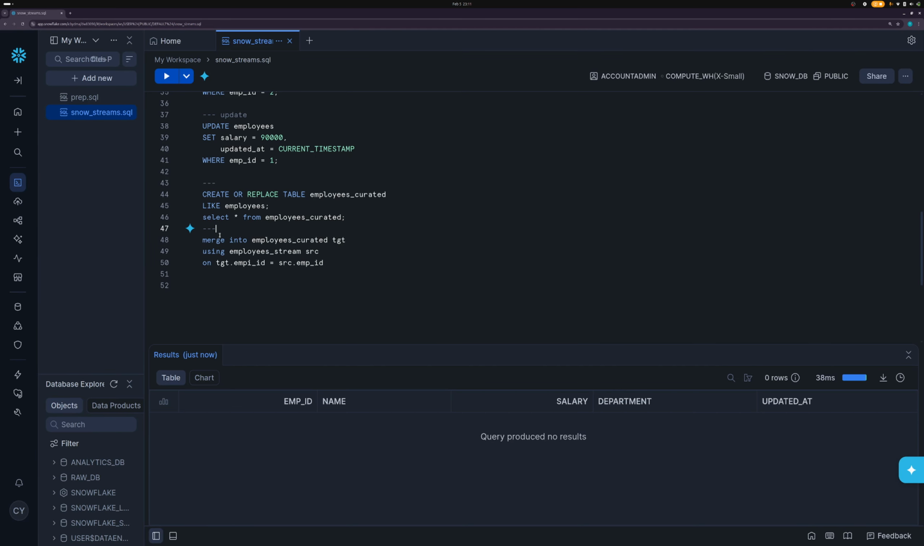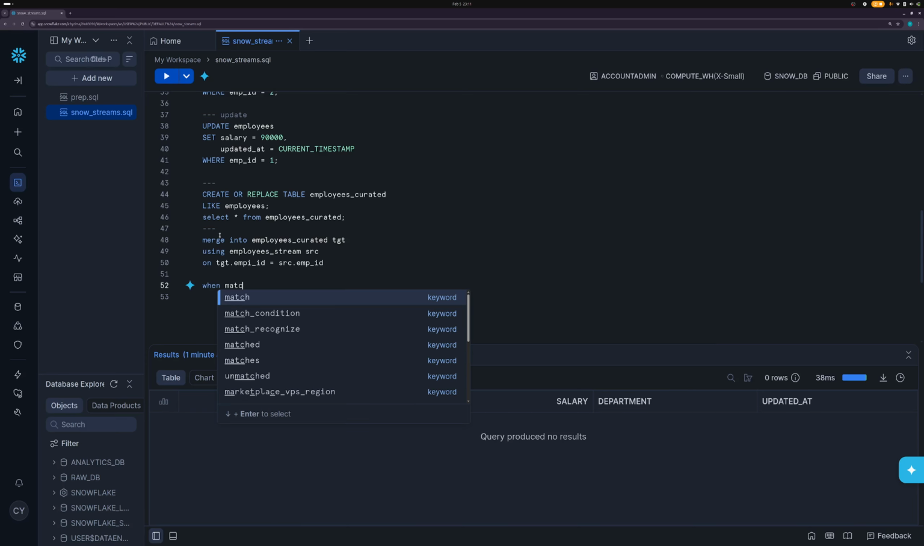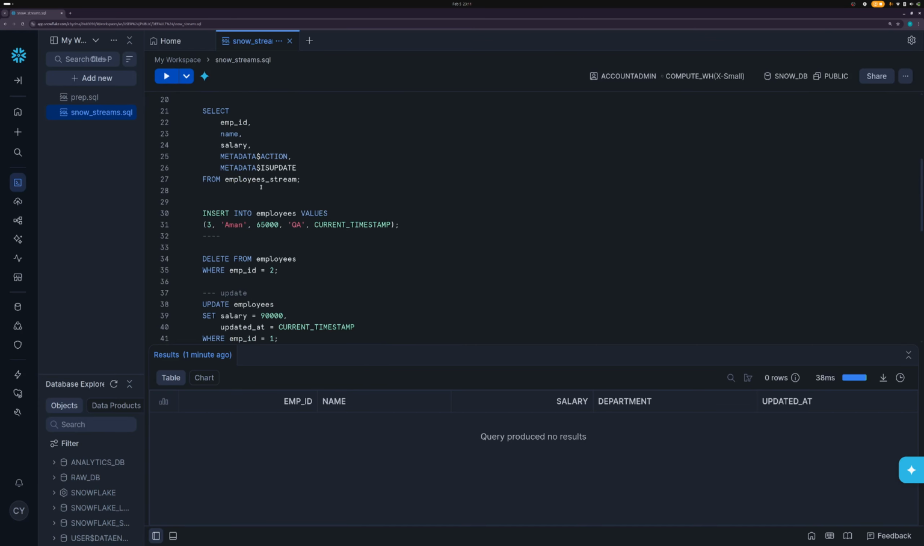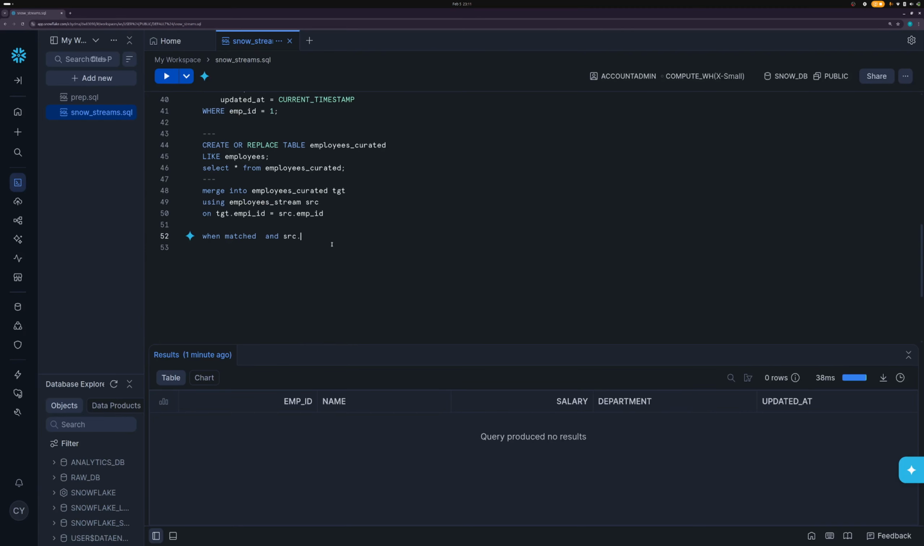Now I just created a relation there using join. What do I want to achieve here? Then I will write when matched: when the records are matched based on this condition, what am I going to perform? When matched, and source dot, remember this key, metadata action. Now I'm going to use this one, and source dot metadata action is equal to delete, and